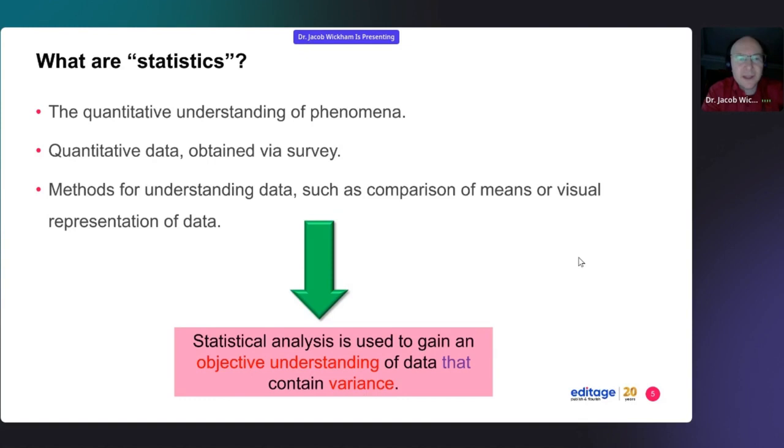the data. Usually, the researchers will analyze their data, and besides doing basic descriptive statistics, it's useful to present your data visually, and you'll use figures if the overall trends of the data are more important than the actual data points. But if the actual data points are more important than the trends, then usually these data are presented as tables in your manuscripts. But the overall goal is to gain an objective understanding of the data.